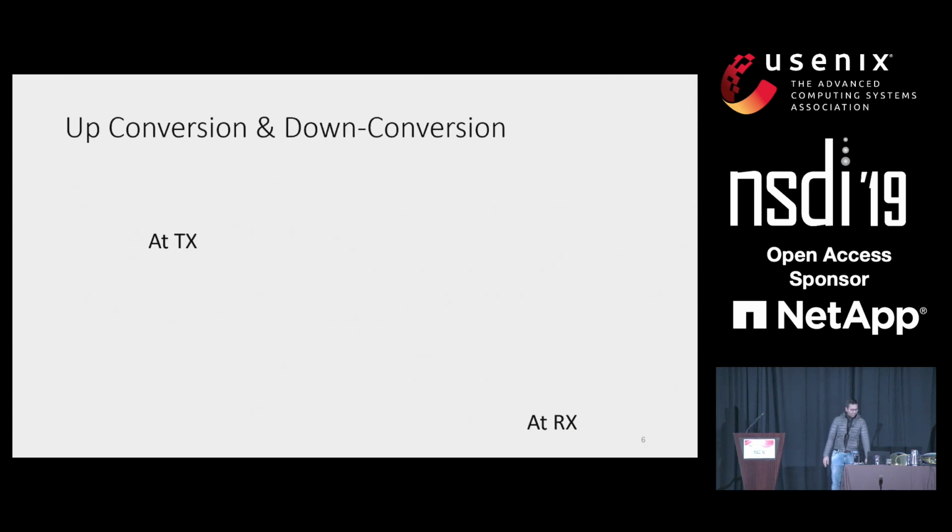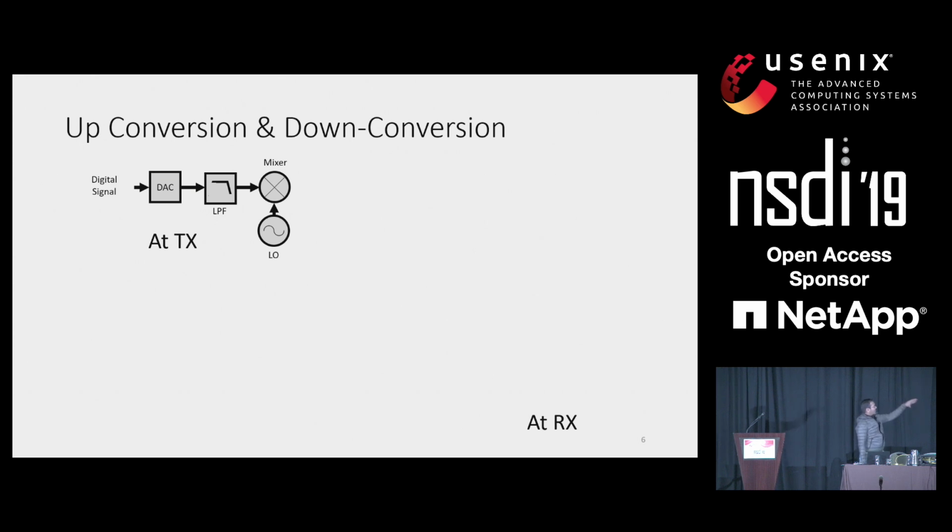Let me give you a quick architecture breakdown of how this is done. Even if you had to send an on-off signal, you create a digital on-off signal and pass it through your DAC. You get an on-off signal. Then you pass it through a component called a mixer. What it really does is multiply your signal with a sinusoid and take it to the desired frequency